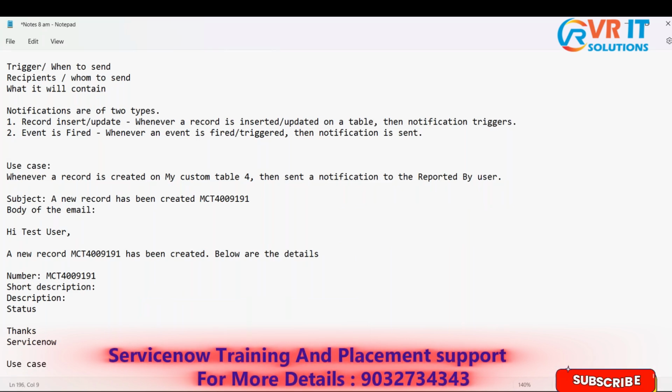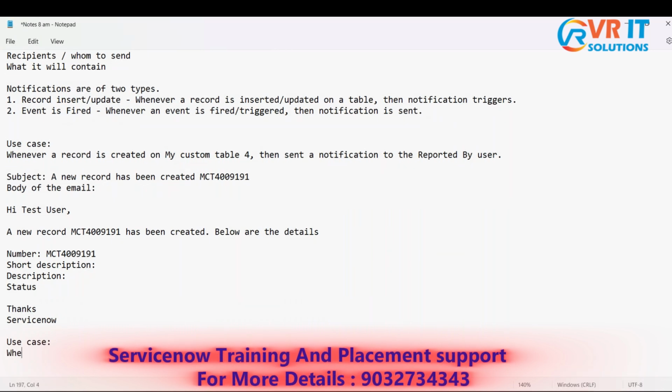So use case, whenever the status is changed and saved, then on a record, then send the notification